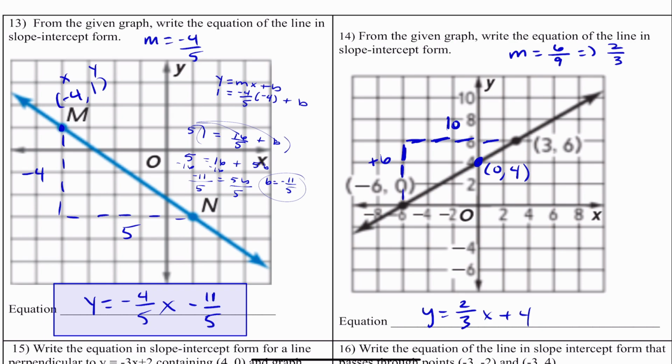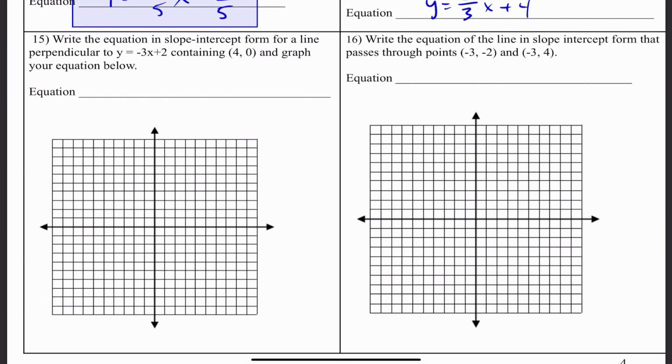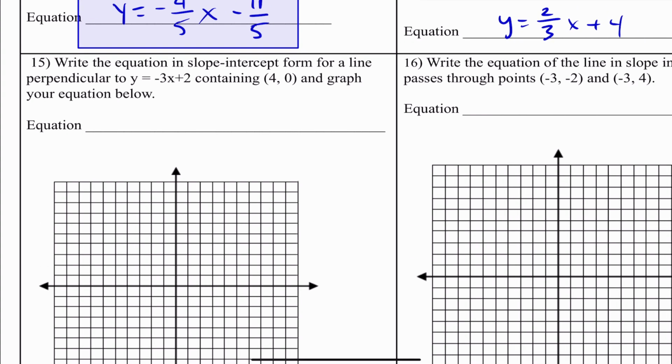Okay. Let's take a look at number 15. Write the equation in slope-intercept form for a line perpendicular to y equals negative 3x plus 2 containing 4, 0 and graph your equation below. Okay, so we're dealing with, let's see, write an equation for a line perpendicular to,